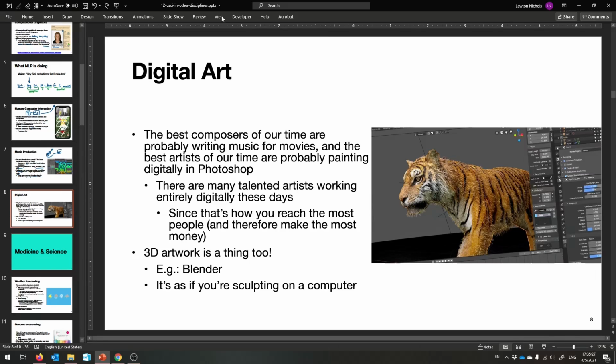Okay, and I think, again, most people are using digital things. They're making digital art rather than physical art because you reach more people that way, right? And that's how you make the most amount of money. And then also, of course, computers are really good at doing things in 3D. So 3D artwork becomes a thing, and you have programs like Maya or Blender. I can't remember which one this is, but